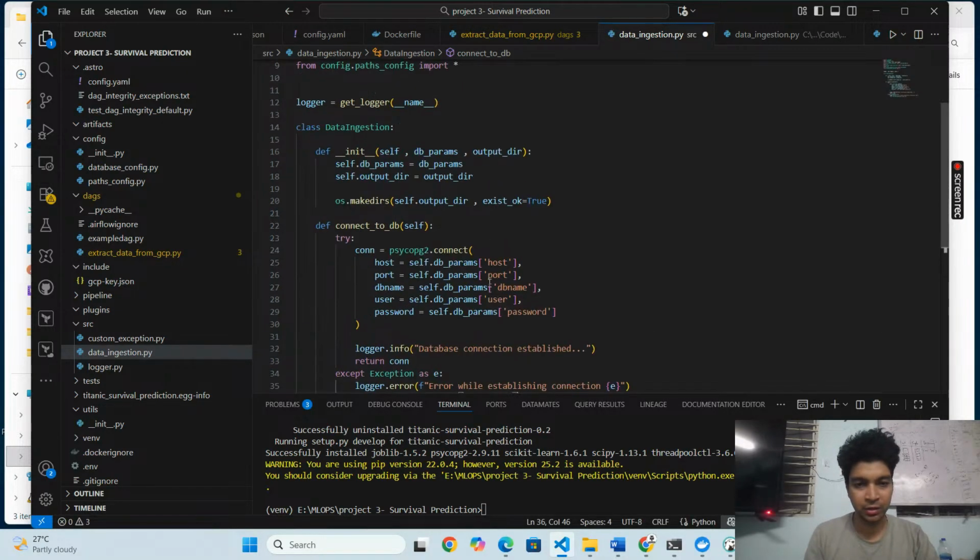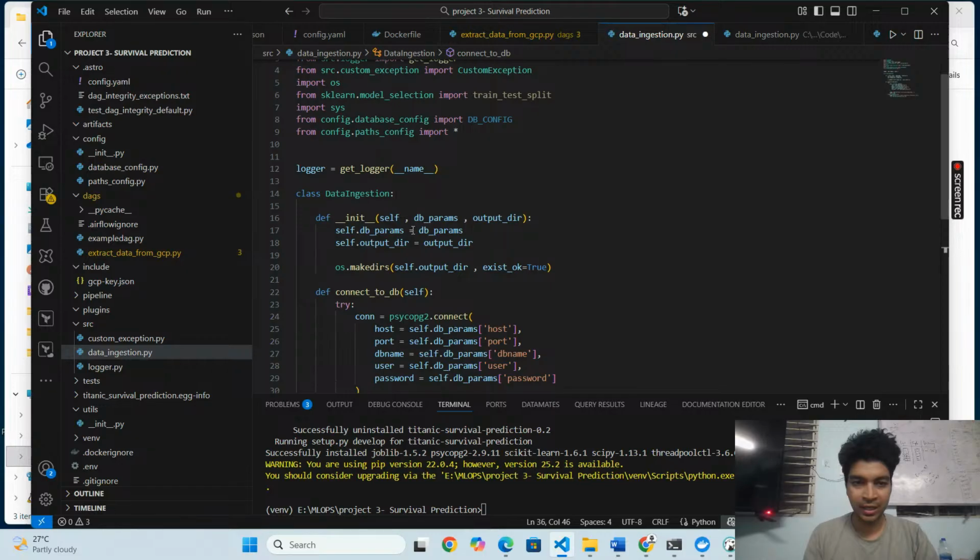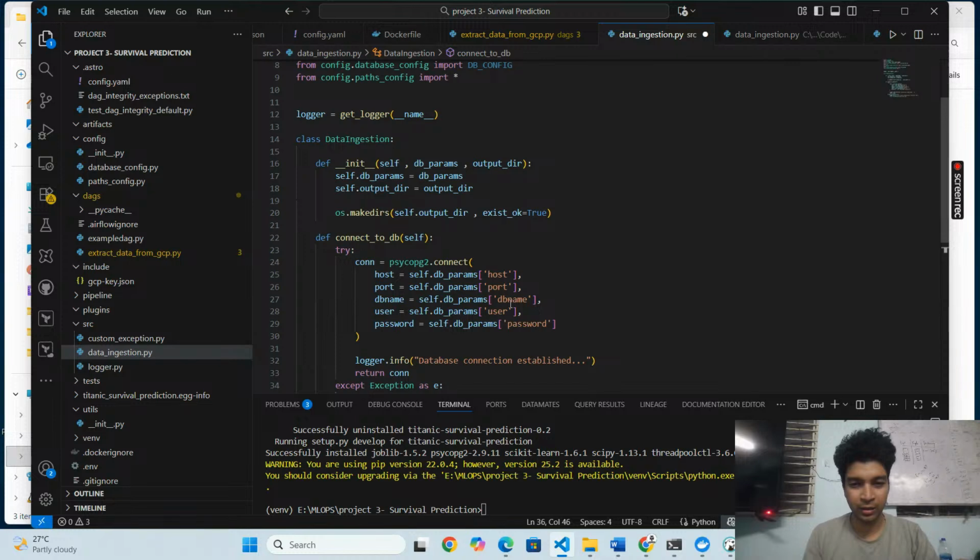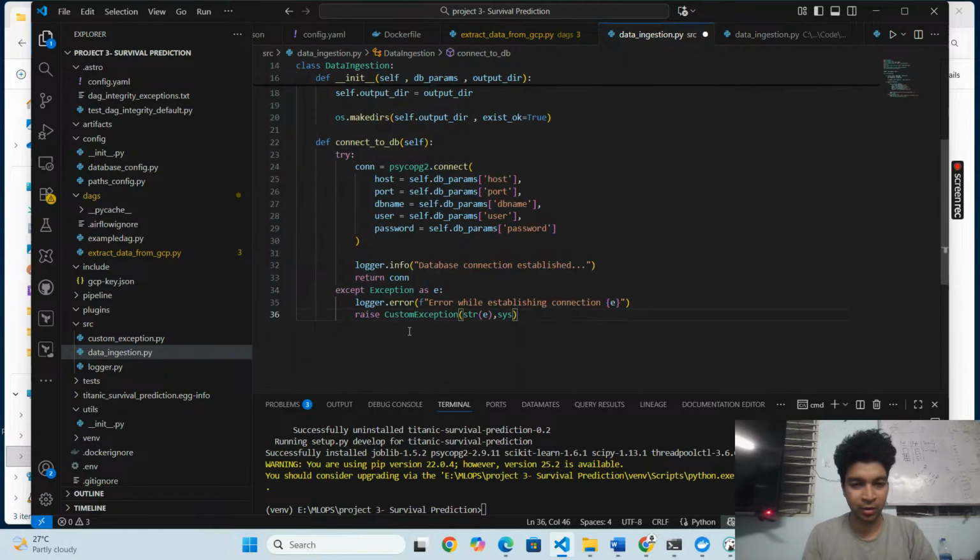There is a function called connect. I'm going to connect all these things, and db_params I have defined in the config itself. In db_config all the params are present: host name, port, and I have given the dictionary there. From there I'm going to add it in the library, and of course I'm going to call the logger function